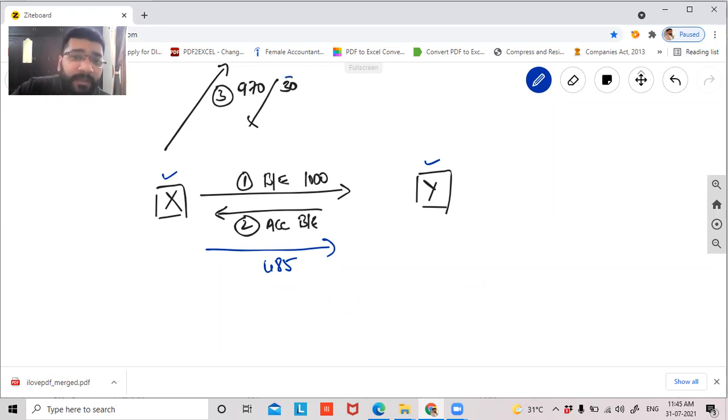Tell me one thing, guys. The 30 rupees discounting charges, technically, as of now, X has borne. But in reality, should X bear the entire 30 rupees as the discounting charges? Or should we not distribute this 30 rupees equally between X and Y, or in proportion to the amount that is being given to Y? If half the amount is enjoyed by Y, guys, don't you think that half the discounting charges should also be borne by Y? So 485 plus 15 rupees, he has to bear half the charges.